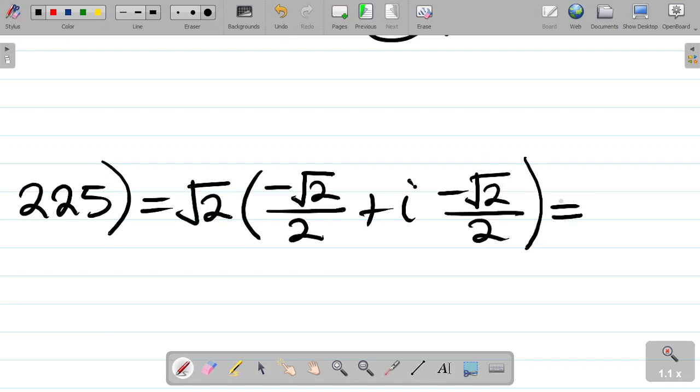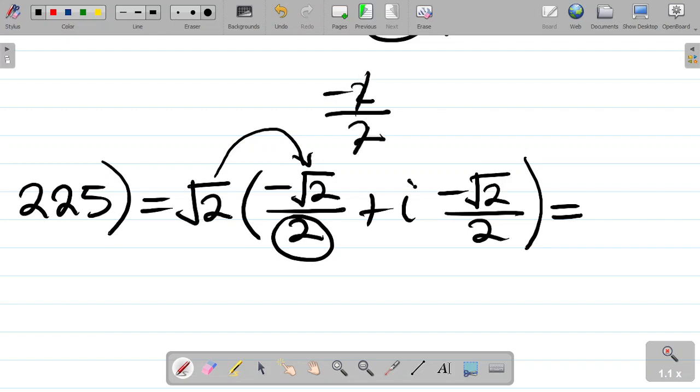All right, let's get this done. Of course, from here, root 2 times root 2 will give you 2. Bring your minus sign, that becomes minus 2. So I have this as minus 2 all over the denominator 2. This cancels this. You have minus 1. So this becomes minus 1 plus